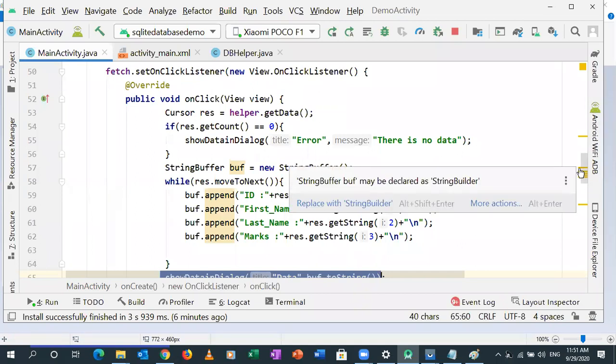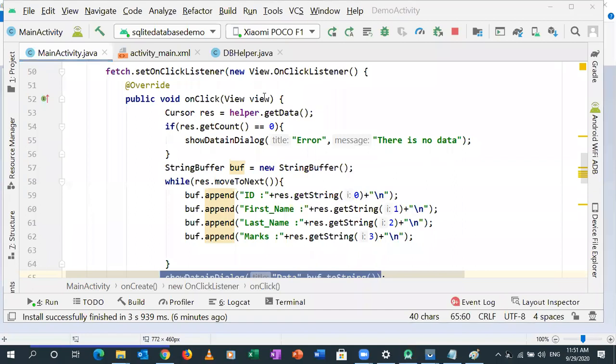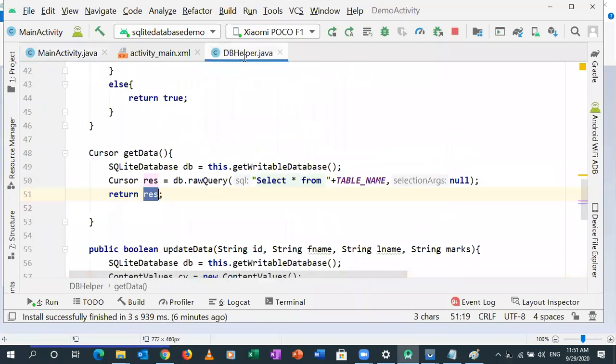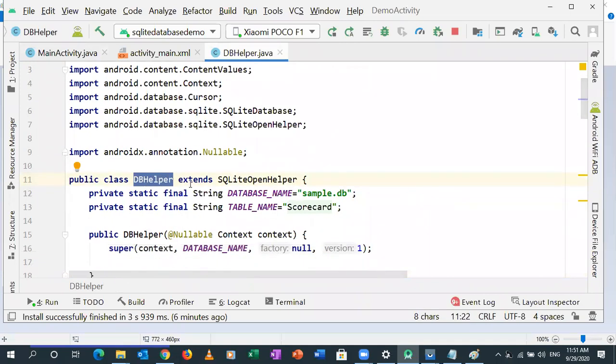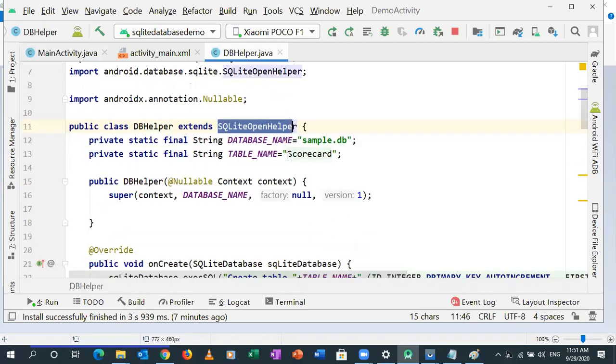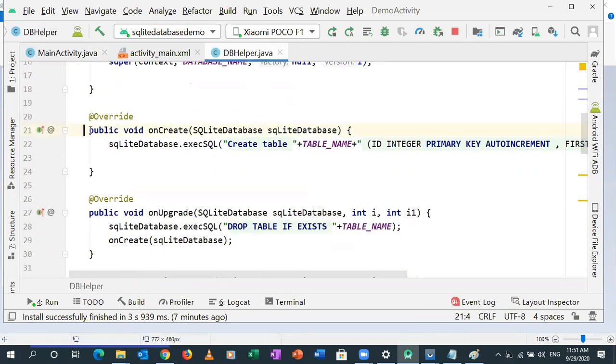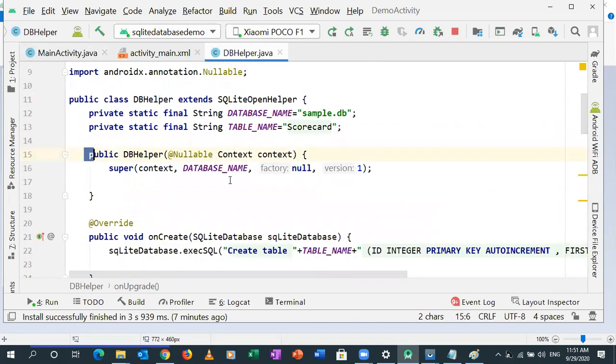Fine. So as a conclusion, let me summarize the entire thing. We started with this class. First we create the DB helper class. You can give any name, it is not that it must be DB helper only. You can give database helper, you can give helper only, you can give your name. After all, it is a user defined class. So create one more class, then make it a subclass of SQLiteOpenHelper. Then you can implement all the methods, you can implement the constructor,